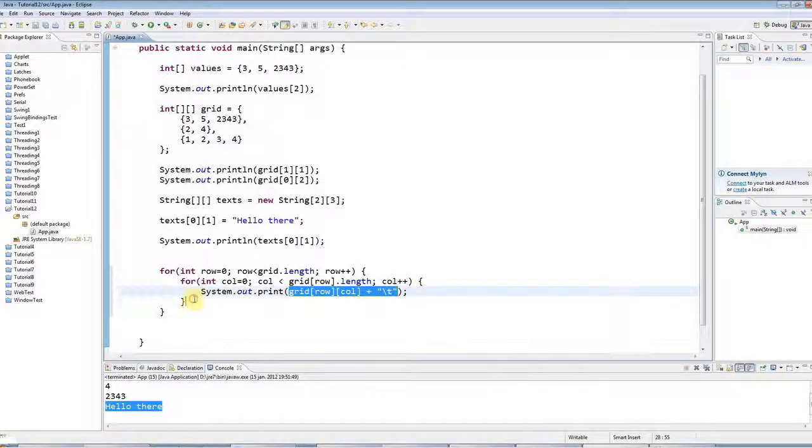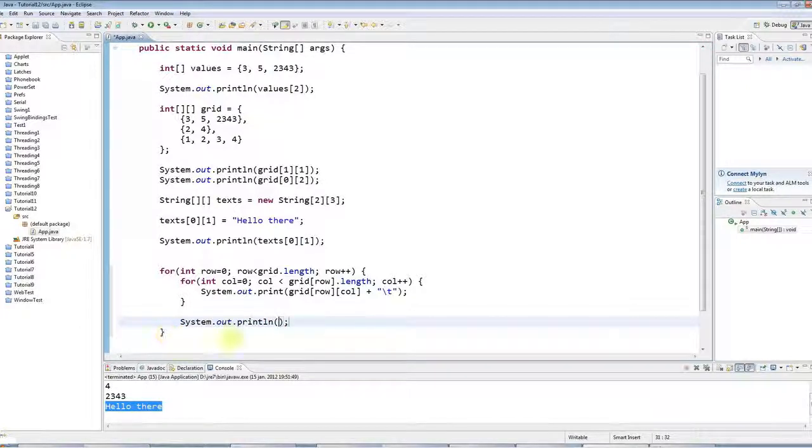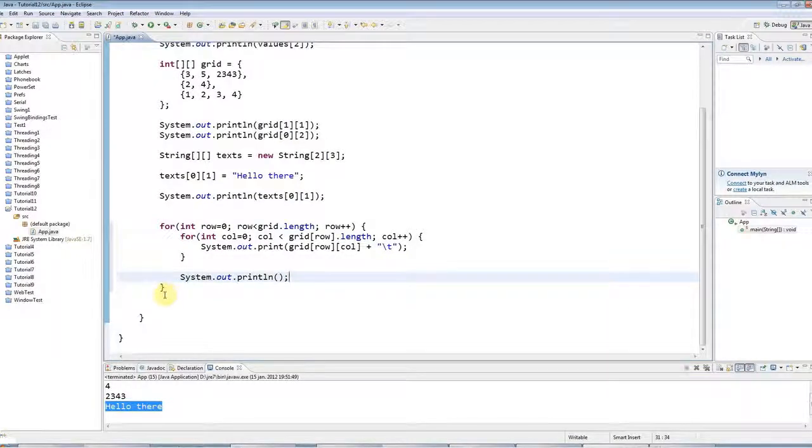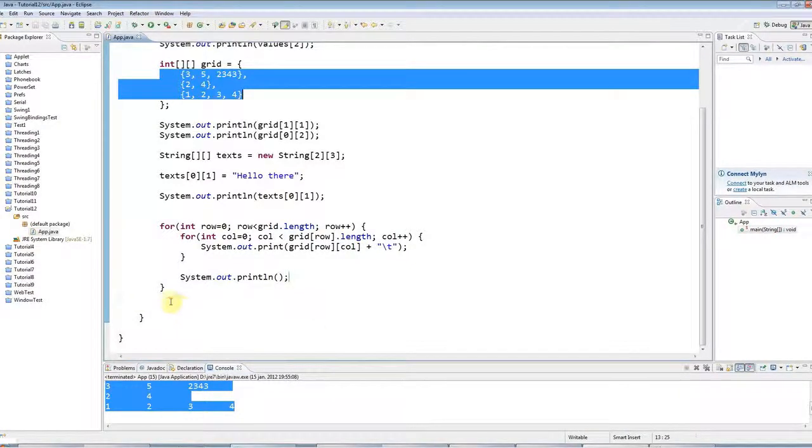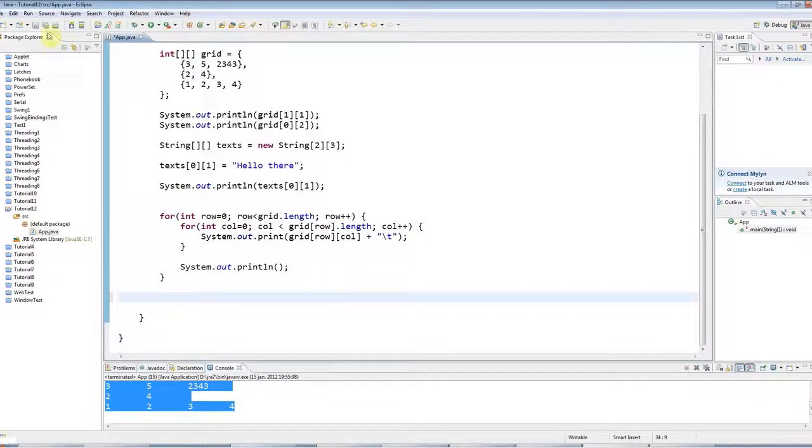And then after each row, so within the outer loop and not within the inner loop, I want to output a new line. So I can just output an empty System.out.println. And this is quite complex, but just play around with it, look at the code, try and change it, and you'll soon get the hang. So if I output that, it's outputting my grid of numbers here, nicely formatted as here. Okay, that's about it for